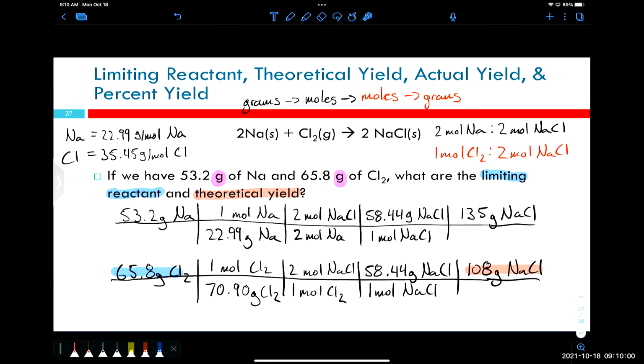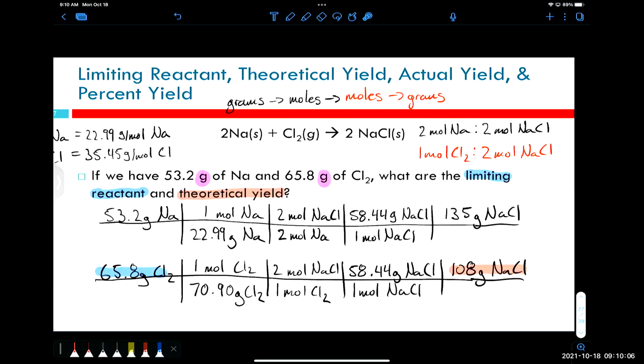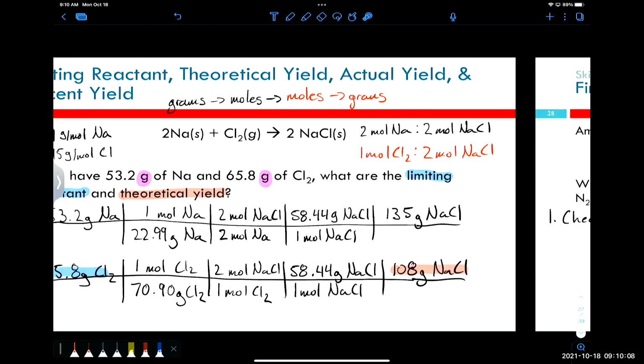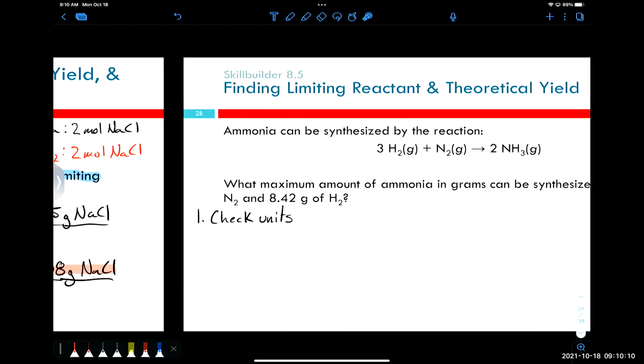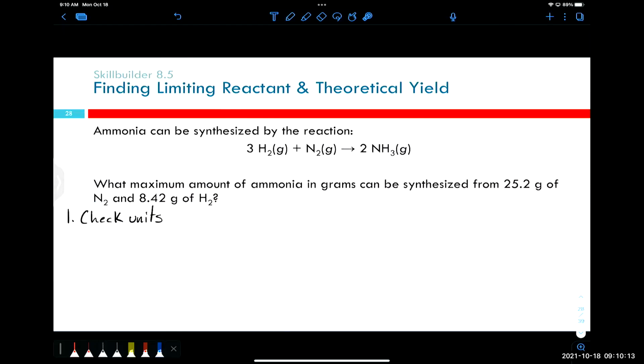What's the maximum number of pancakes? What's the maximum amount of compound? So once we've determined, really that's the first step, that this is a theoretical yield problem, we want to check our units. Because if we're given units of, if we're writing this down again,